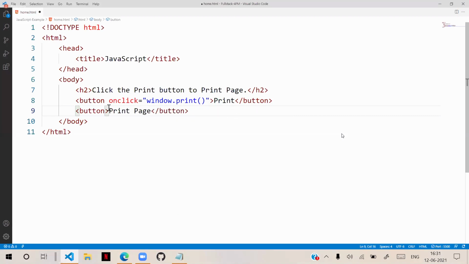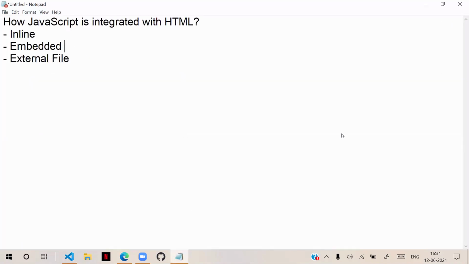Then what we can do is write JavaScript embedded. Embedded means we can write JavaScript in our page, integrated in the head section or in the body section by using a script tag, same as CSS.